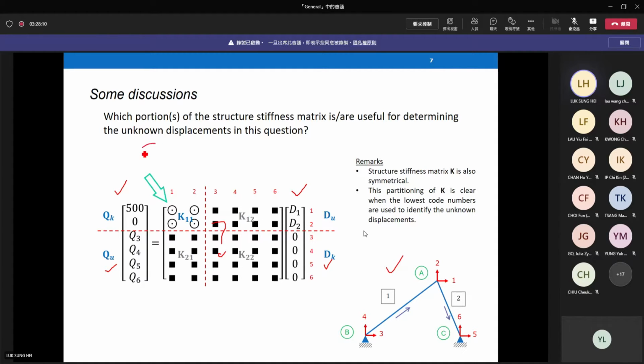Q equals KD. Although you don't know what the stiffness matrix looks like, from this expression, because you know the number of unknown displacements, you know the dimension of Q1, you know the dimension of Q2, K11, K12, K21 and K22. From these expressions, which parts are useful to evaluate displacements and reactions? K12